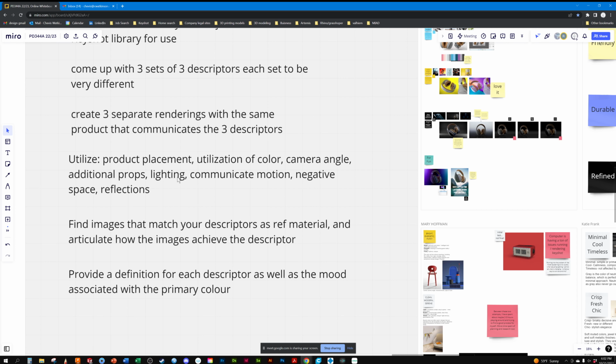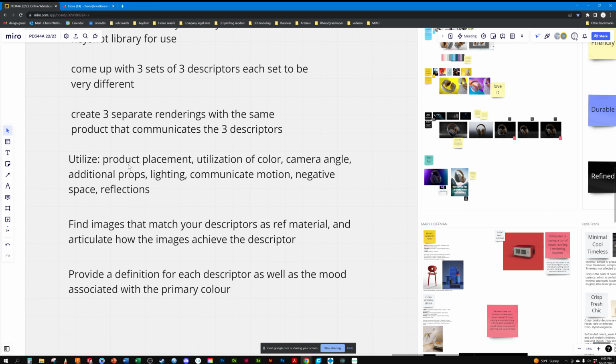But remember, when you're doing your composition and your layout, you should be considering your product placement, utilization of color, whether it be in the lights, in the background, props, whatever, your camera angle, additional props,